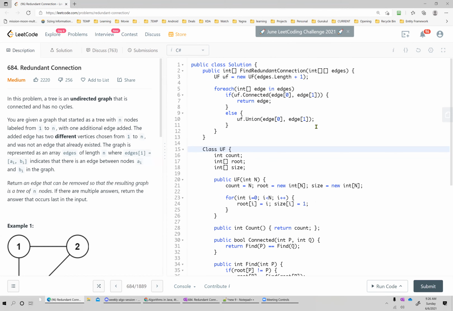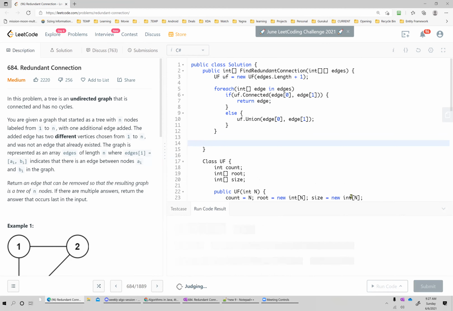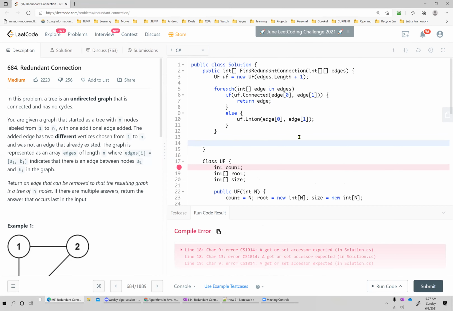Yeah, but we still have to return this find redundant at the end, right? When you are completed with the for each loop, we have to return some value. So we have written here. Yeah, but at the end of the function, we don't have to return something. So I think we got the answer, but we have to satisfy our compiler, I believe, right? I think it's written empty. That's all. Yeah, we can do anything, but we have to create new.